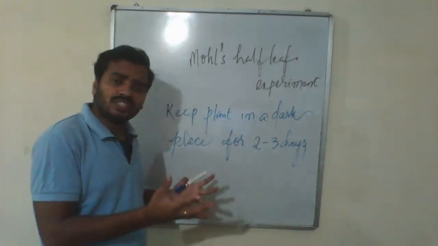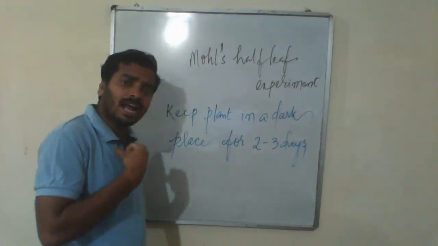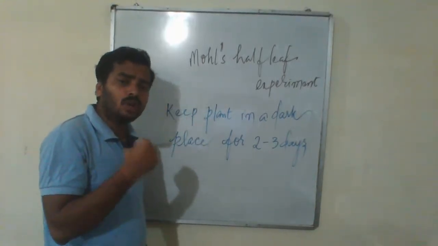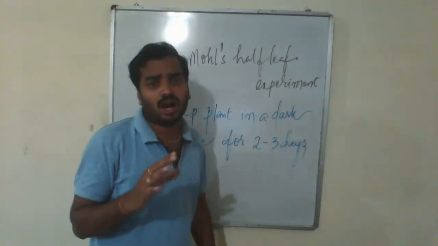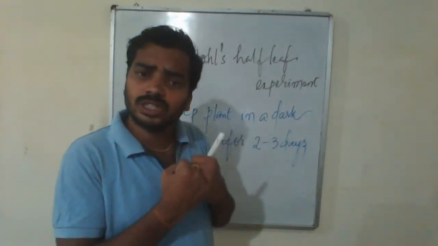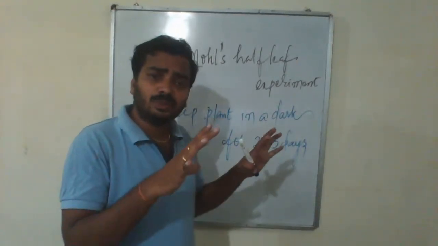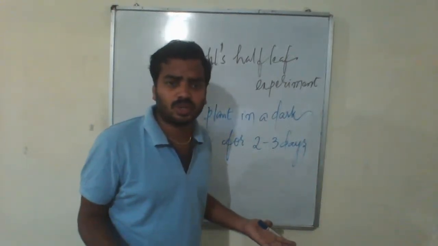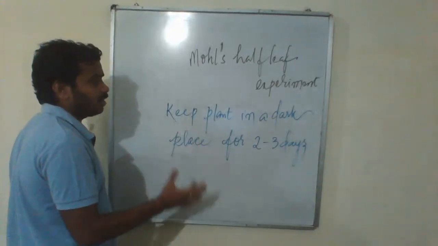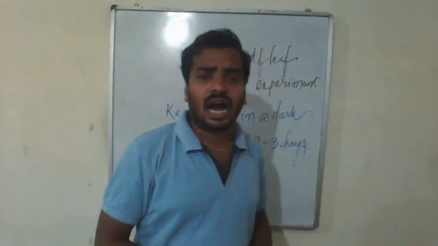The starch content the plant stored by photosynthesis until now will be used up by the plant for its survival. If you stop the plant from performing photosynthesis for 2 to 3 days, then the starch will be used up. So you can say that the starch is removed from the leaves. The plant uses it for its energy. So you have destarched the plant by putting it for 2 to 3 days in a dark room.